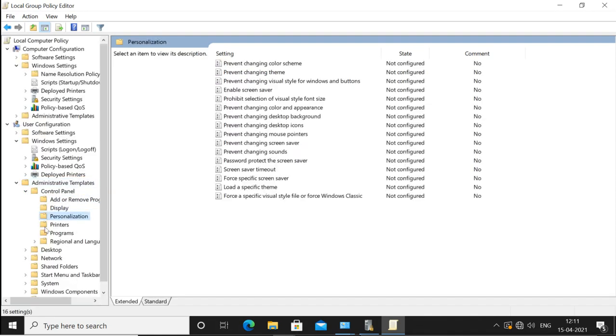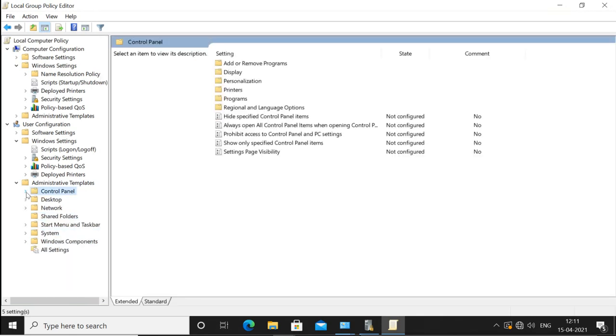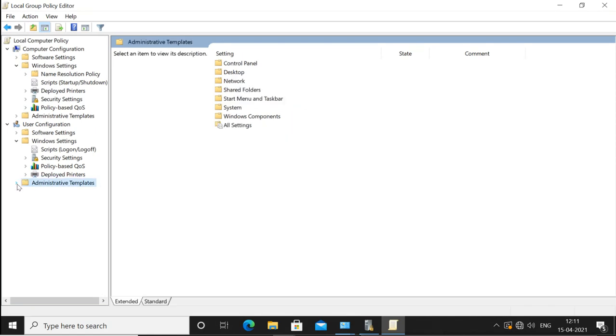So some policies are different for users. For example, if you apply the computer policies, then it will apply to all the users which log into that computer. And when you apply the user policy, then it will not go for the computer configuration. That means only those users to whom you are applying this policy will be affected. If those users log into some system, they will get these restrictions, and when other users log into the same system, they will not get these restrictions.